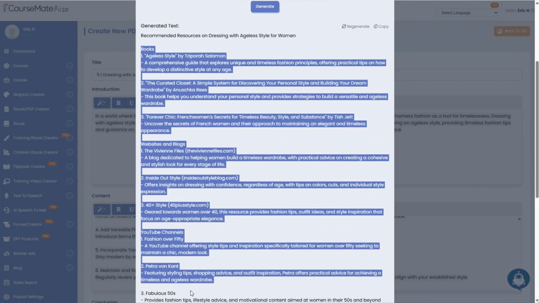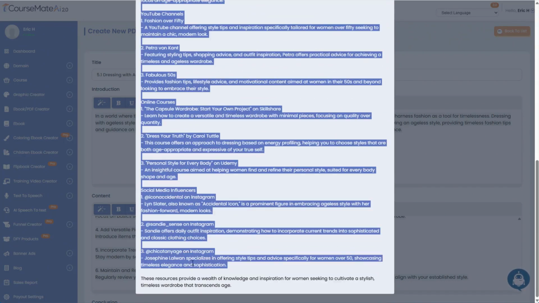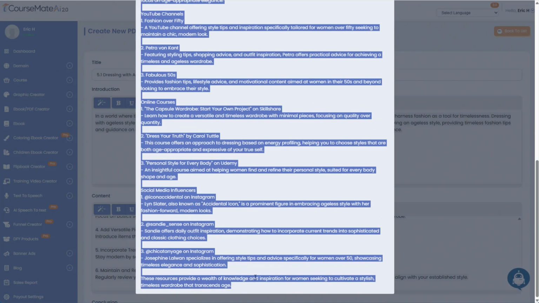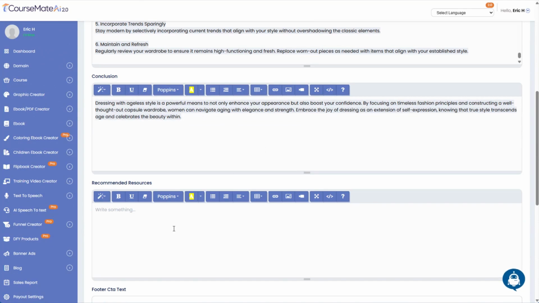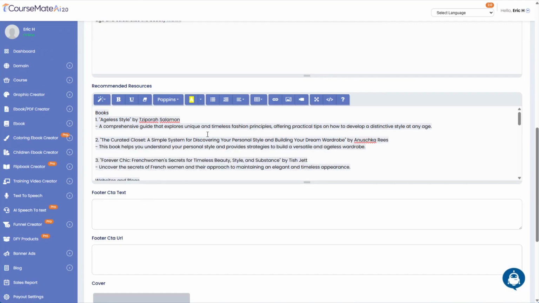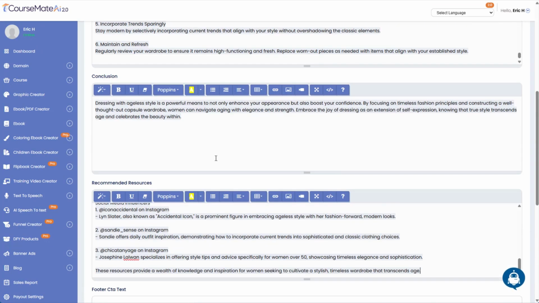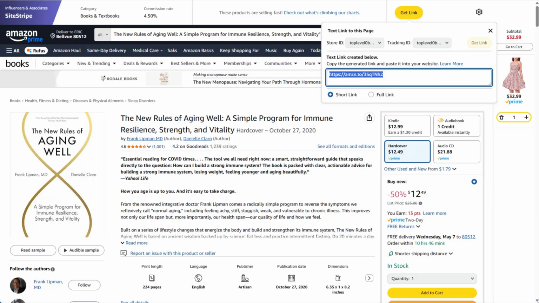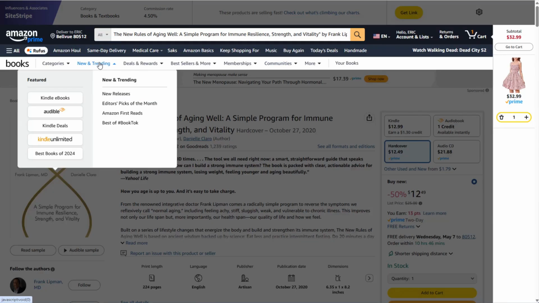All right, and because it is just sort of the way we've programmed the AI in this tool, it's going to give us a variety of different types of resources like books, courses, websites, podcasts, all that kind of stuff. But of course, if you wanted to perhaps do some personal research, you could jump onto, say, Amazon,